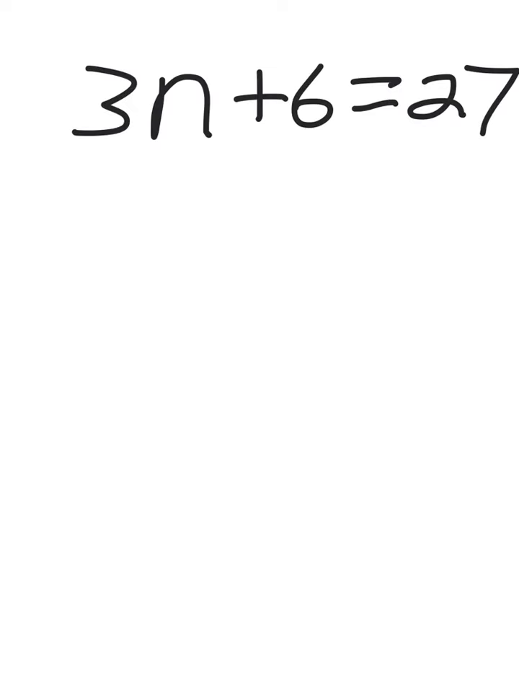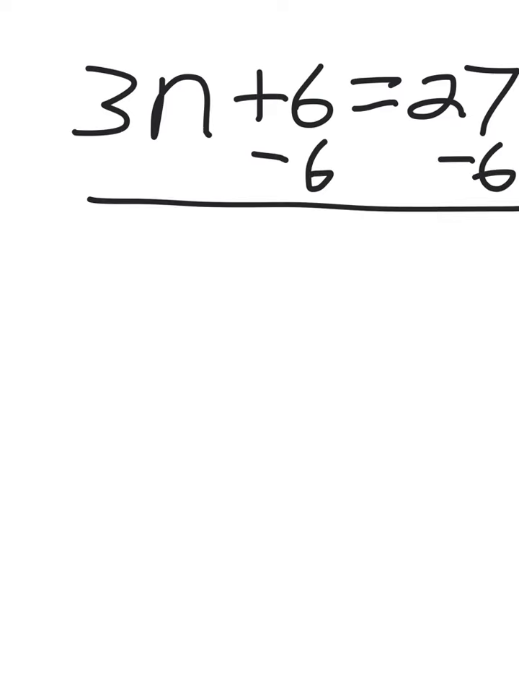To remove the 6, or turn it into a 0, we are going to subtract 6 from both sides of the equal sign. Remember, we have to do things equally to both sides of the equal sign to maintain the balance of the equation. 6 minus 6 is 0. 27 minus 6 is 21. And we still have 3n